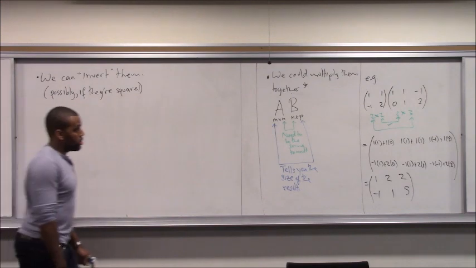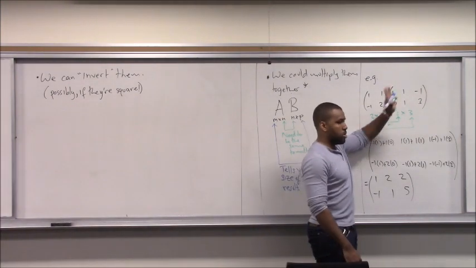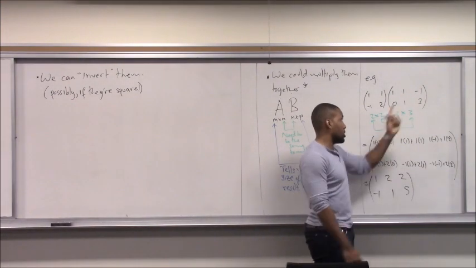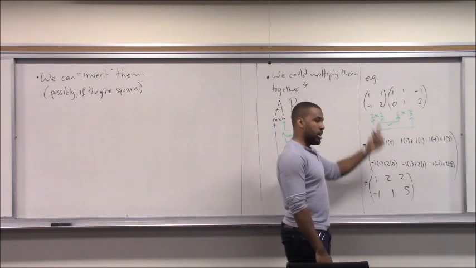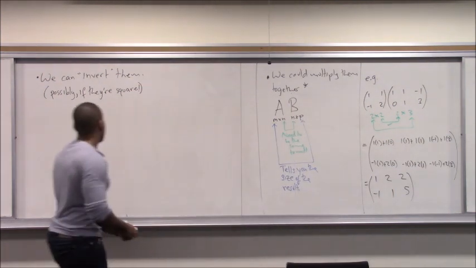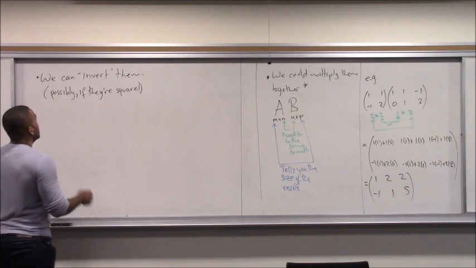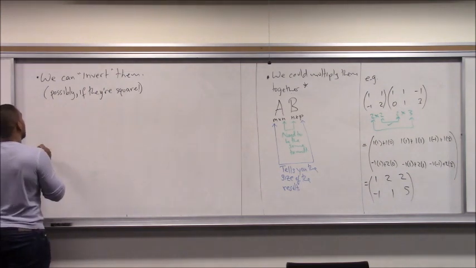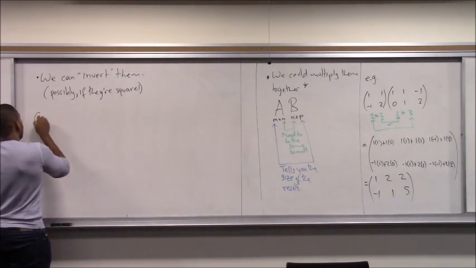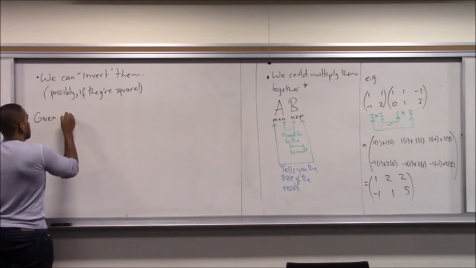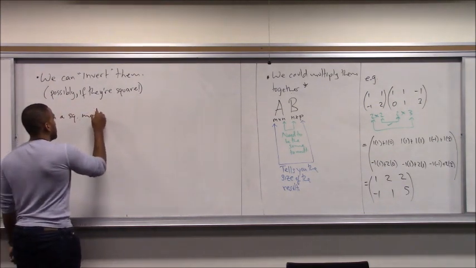If it's something like a 2 by 3, that one automatically does not have an inverse. You never have to search for it, it will never have one. But this one could have one. And so the idea of an inverse is important. Given a square matrix A,